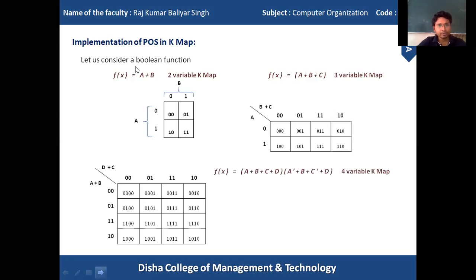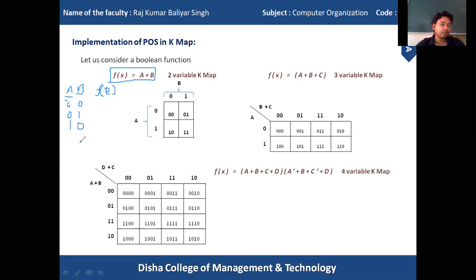Suppose we have a Boolean function like this. This Boolean function has 2 variables, A and B. If I have 2 variables used to perform some task, that means some output variable f of x, then we have 4 combinations, that is 0 0, 0 1, 1 0 and 1 1.